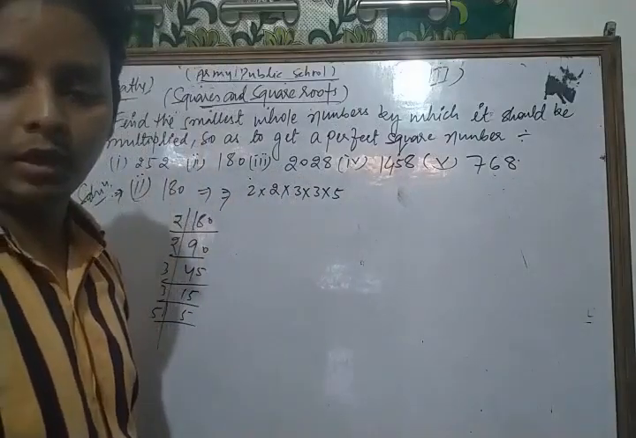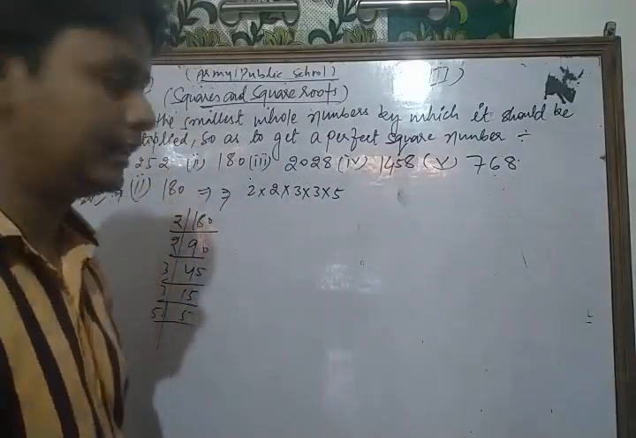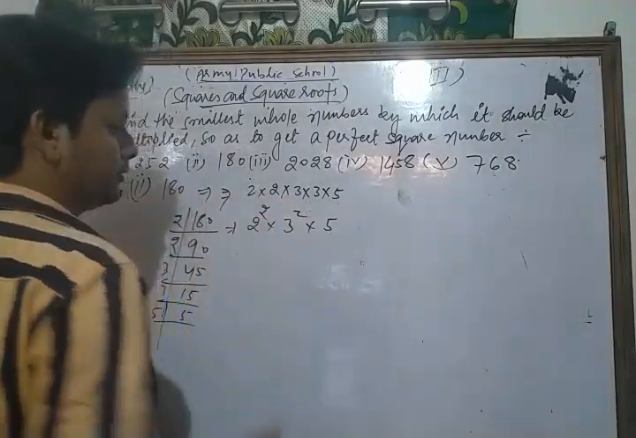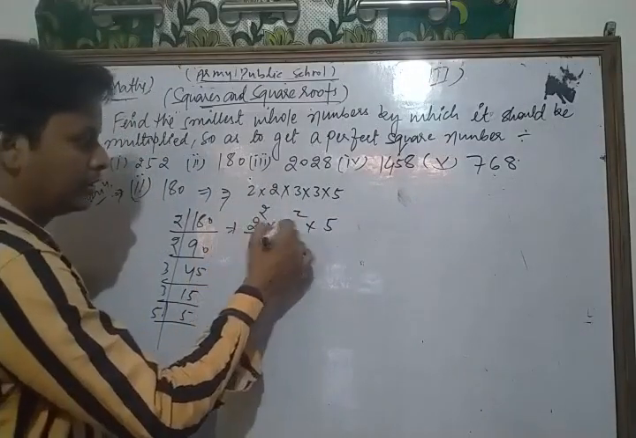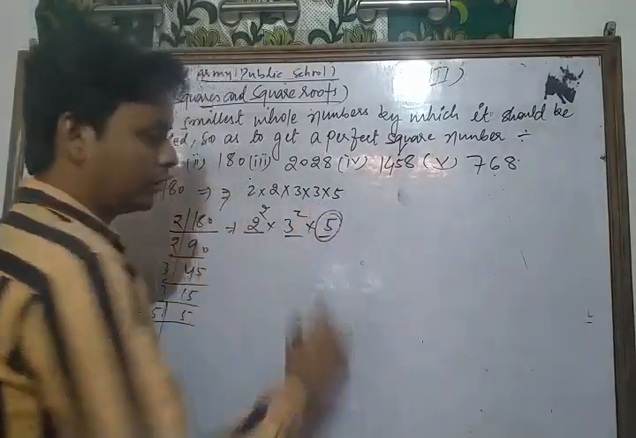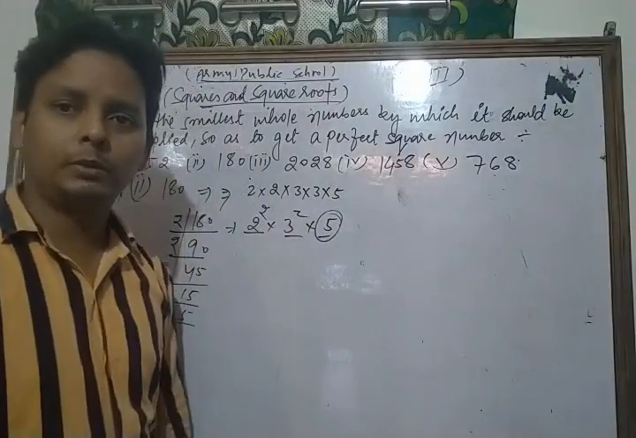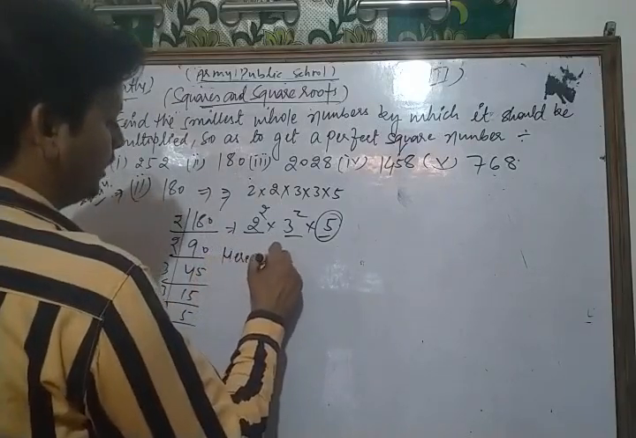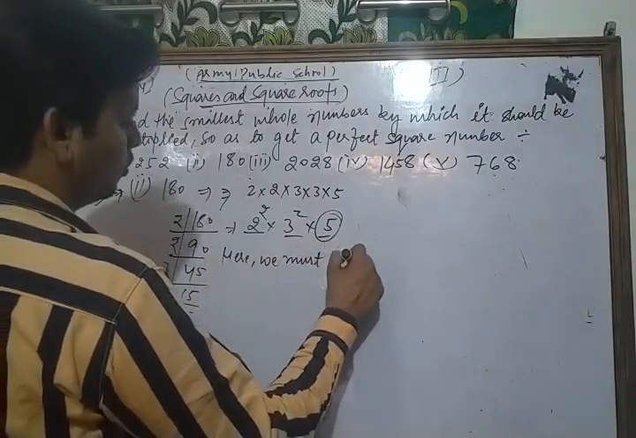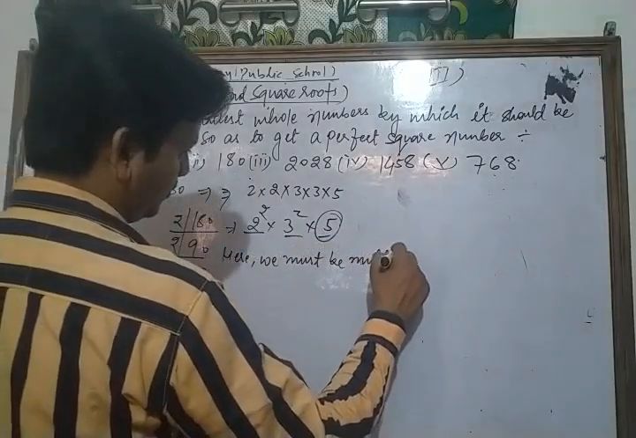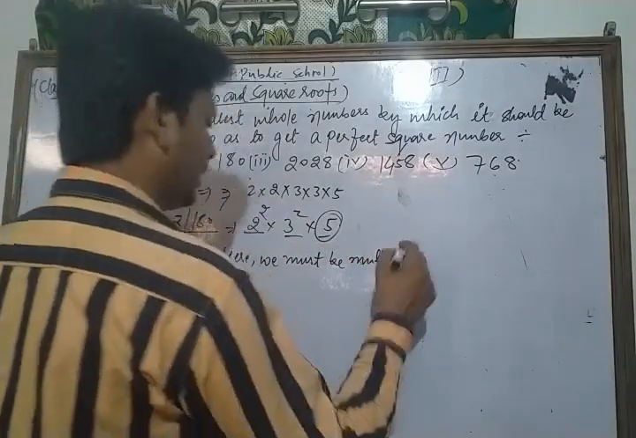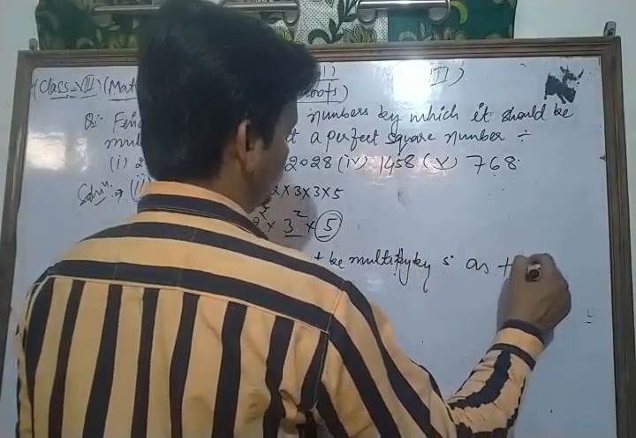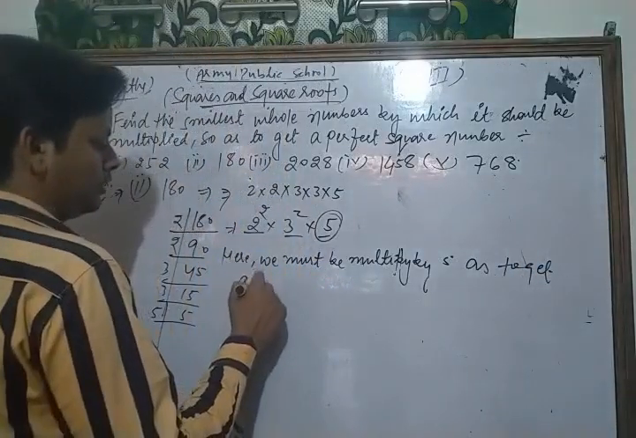Now what do we observe? We can write 2 square into 3 square, but 5 we write as 5 to the power 1. So here 2 is in a pair, 3 is also in a pair, square, but 5 is not in a square. So what number should be multiplied in that number? We must multiply by 5 to get a